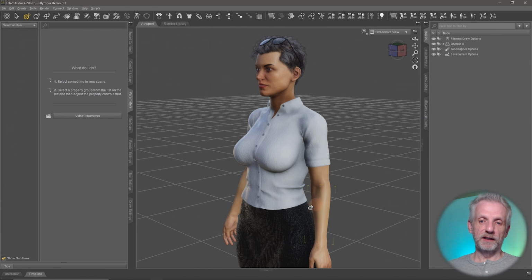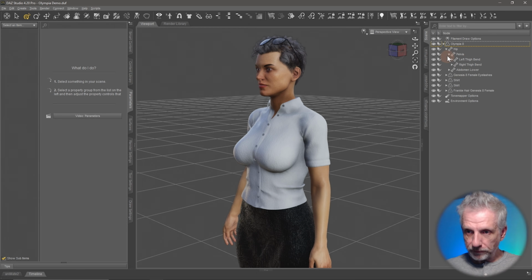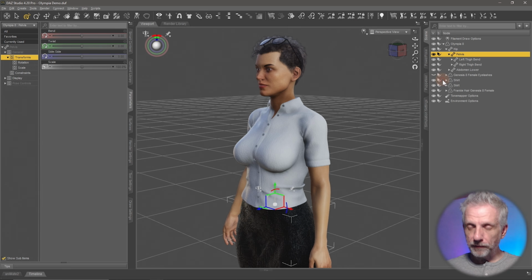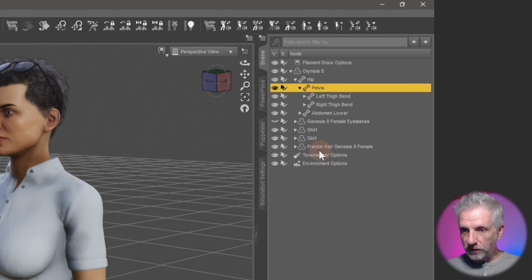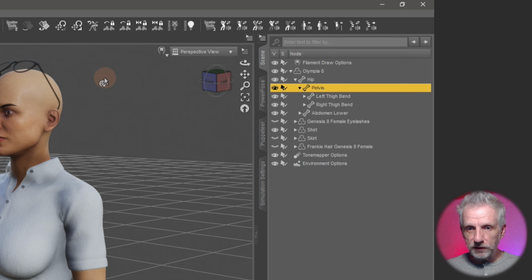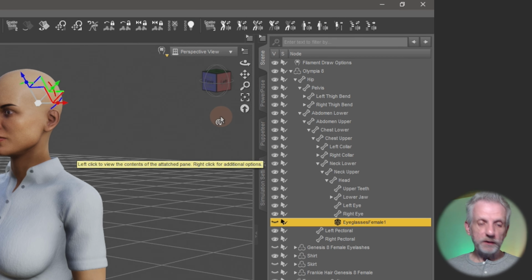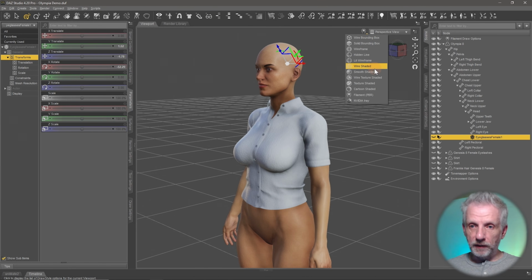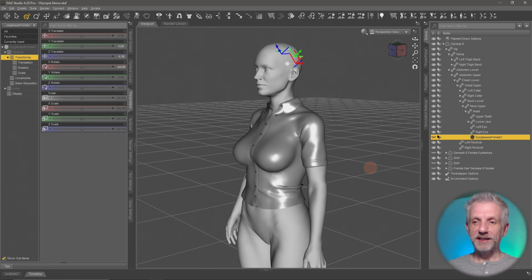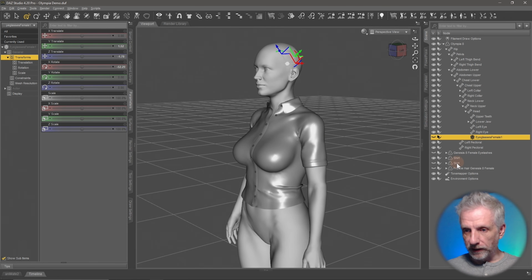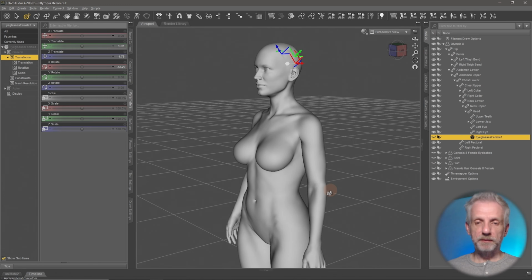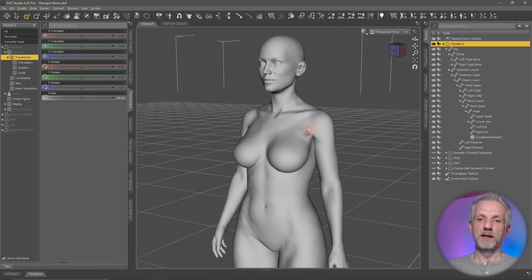So we need the reference figure and we need the top. We don't really need anything else. So I'm going to go and switch off the eyelashes here, and I'm going to switch off the skirt. I'm also going to switch off the hair, and I'm going to switch off the glasses here at the top. So I'm just going to right click on them, and they're parented to the head. So that's that. Let me switch this over to my smooth shaded view so we don't get any nudity issues here. I'm going to go and hide the shirt as well. So I'm going to hide all these things